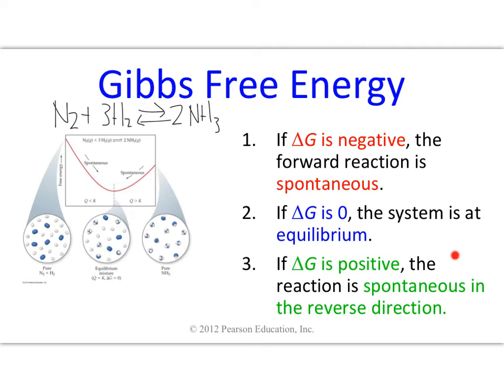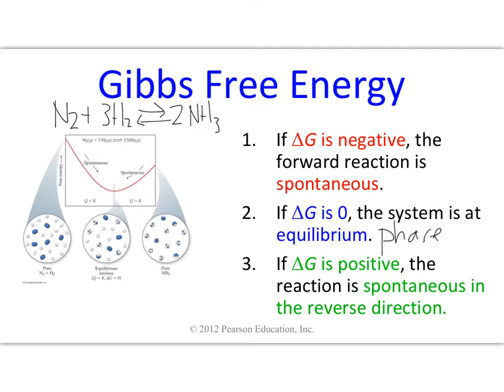And then this very specific situation exists, and this is going to help you out on some homework questions. If delta G is 0, the system is said to be at equilibrium. So this is that point where it flips from negative to positive or vice versa, whatever temperature that may be. And that is when the system is at equilibrium. And the most common examples you're going to see in this